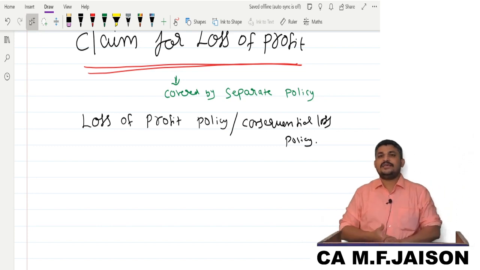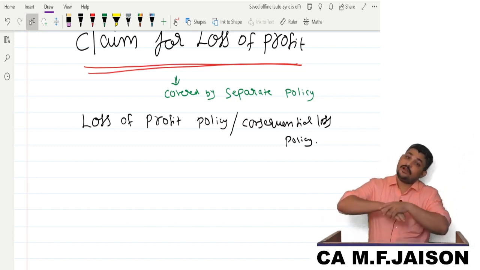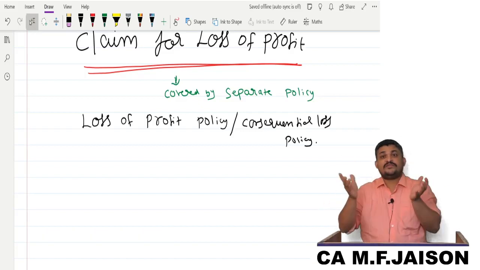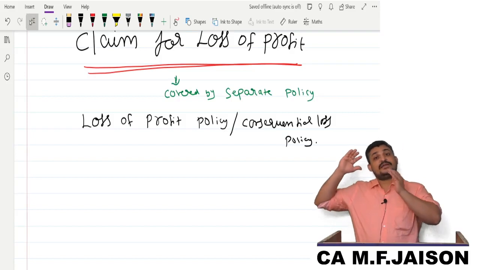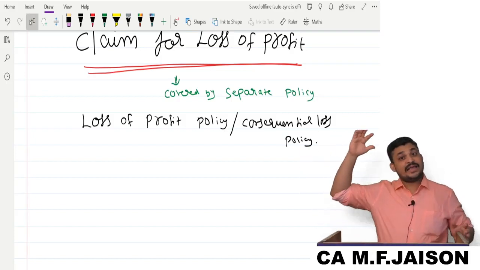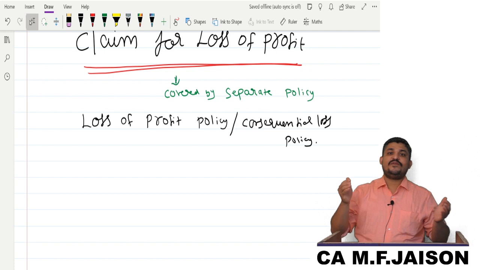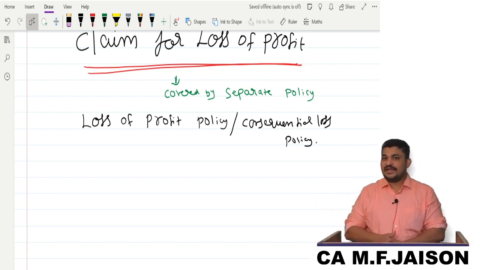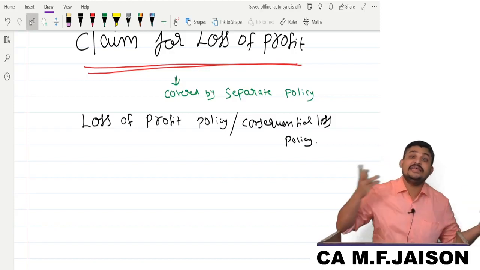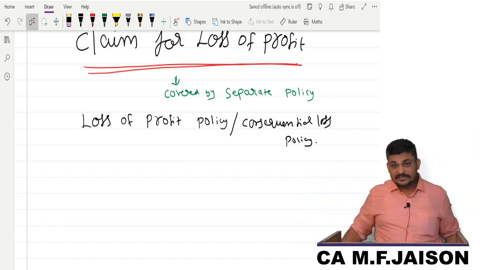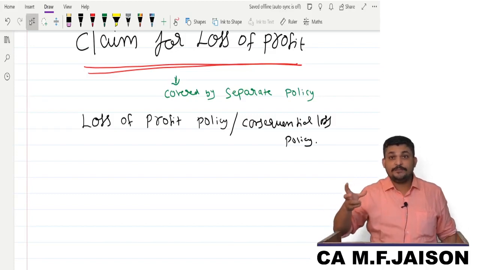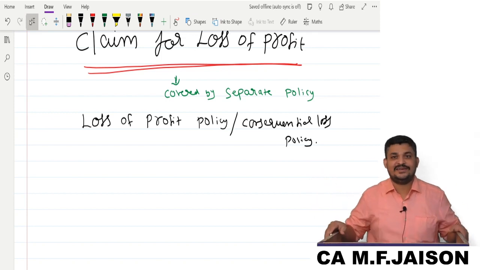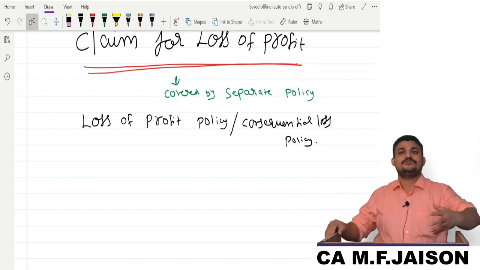When you say sales lost, I am not saying you cannot make even 1 rupee of sales. You make some sales, but if the fire accident had not happened, you expected some higher amount of sales, and because of the fire accident you made little sales. That is why we say sales lost. Sales loss does not mean you didn't make any sales. Sometimes even after fire, next day you make sales, but it may not be the real quantum of sales you expected if there was no fire accident. I hope you are following this. Like this, conceptually, slowly you understand.